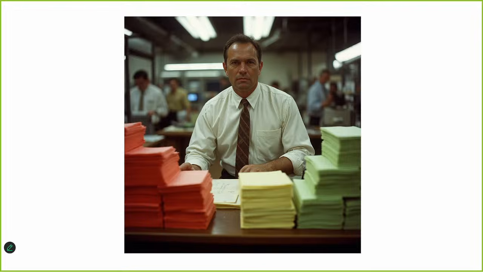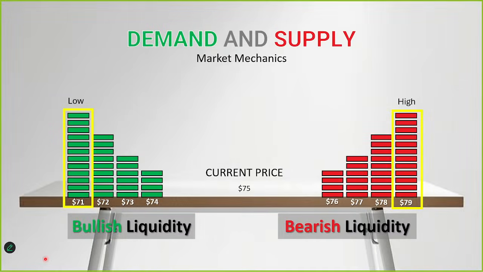They'd organize their desk so that as price was moving around, they could fill all of the orders for the institutions that they worked for. And so as independent floor traders, they would try to sneak back into the clerks' offices, and they would try to see before the market opened up where was the biggest stack of buy orders and where was the biggest stack of sell orders. If they could get back there and see where the biggest stack of buy orders was and where the biggest stack of sell orders was, then they essentially knew the low for the day, not with 100% certainty, but they had a high probability of knowing the low for the day and knowing the high for the day before the market ever even opened up.